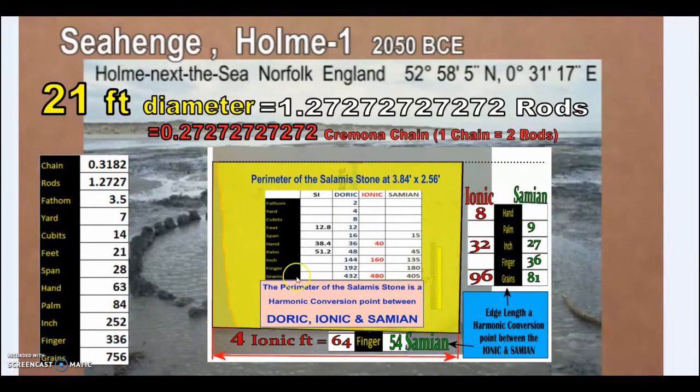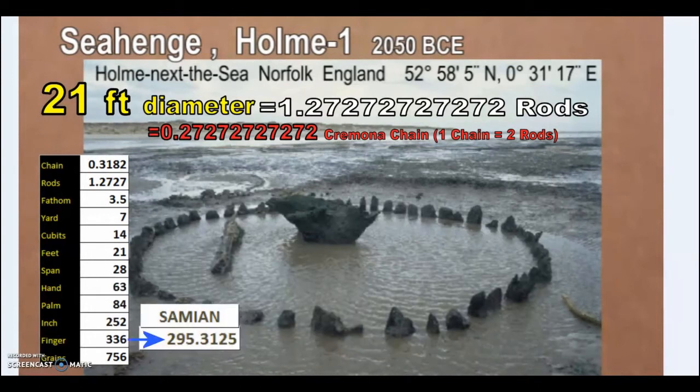But the Salamis stone has, apart from the allegedly modern English foot, the Doric, Ionic, and Samian scale. Both the Doric and Samian will be very important in this particular presentation, so we need to keep those in mind: Doric and Samian. Samian as in Samos, or Pythagoras of Samos, and earlier, so not just this 27.3%, but also the